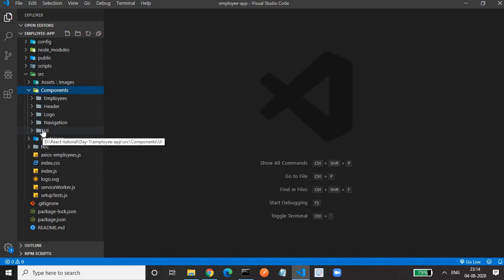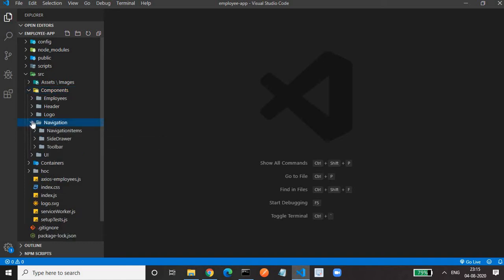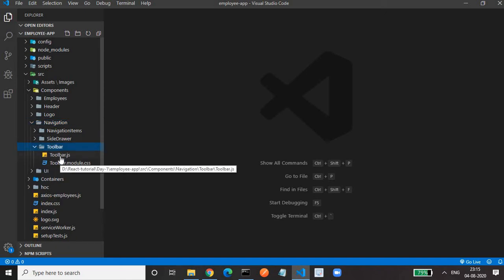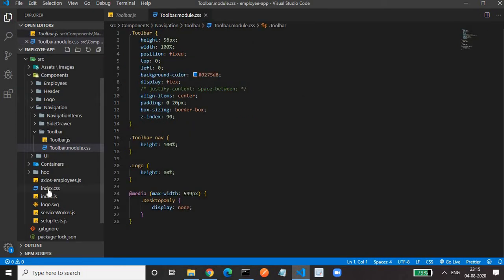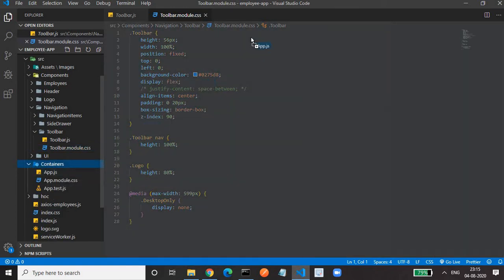First of all, we will go to the navigation folder. In navigation, you will find toolbar. Okay, so we'll open it. And I will open my main component, app.js.